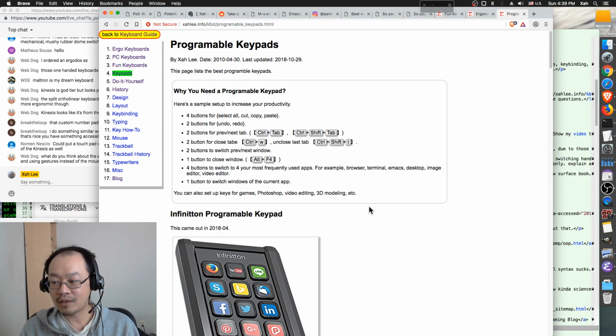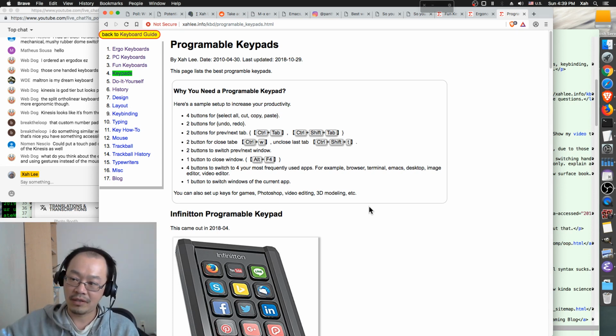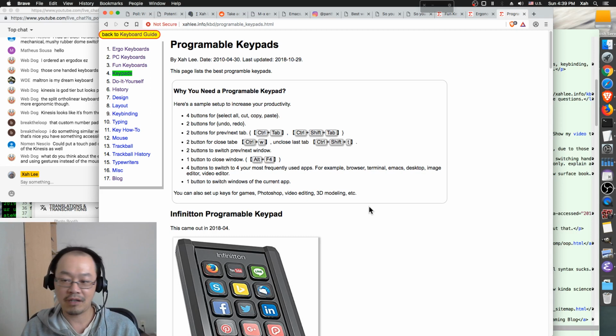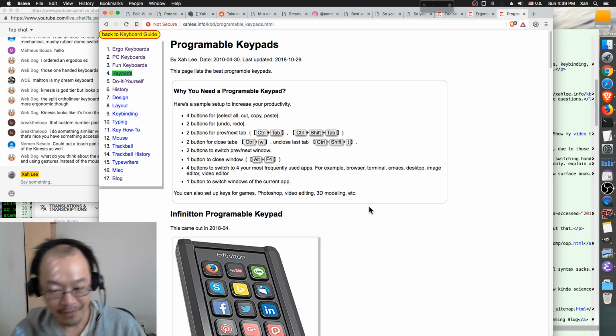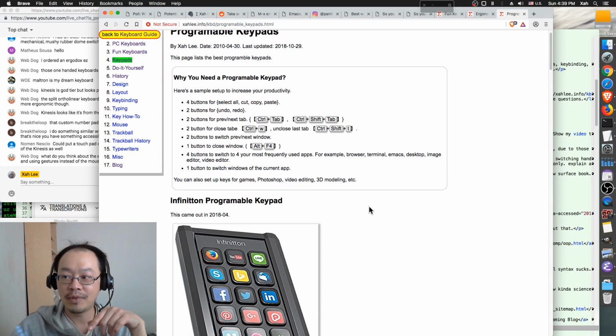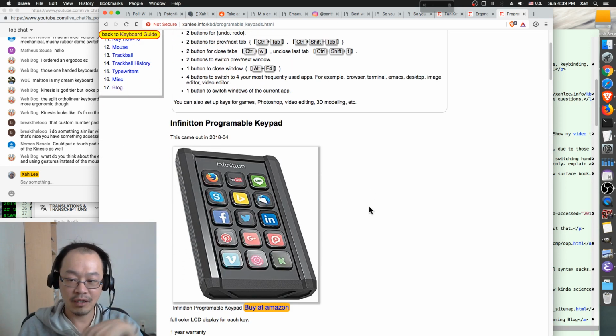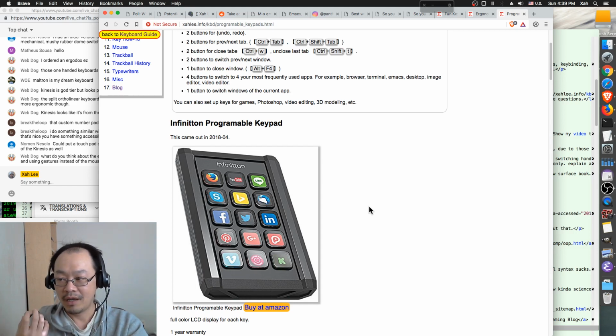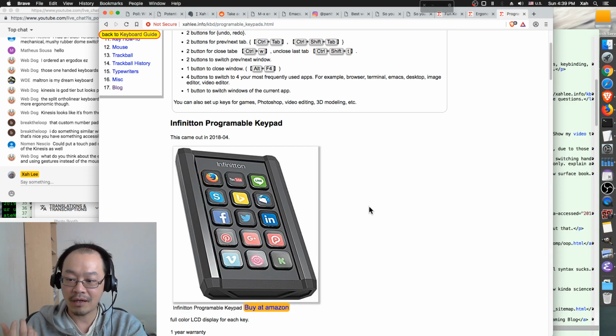Some gaming keyboards are programmable keyboards, such as those made by Razer. They require you to install their cloud software. If you don't have an account or you don't have a connection to the internet, all your programmable keys don't work anymore. With programmable keypads with memory on them, you can plug it in, go to your office and plug it in, and it'll work right away as you programmed it. So that's why programmable keypads are the best choice.